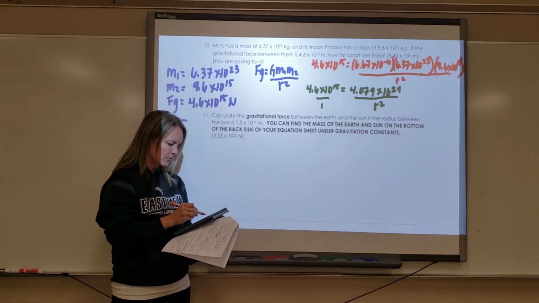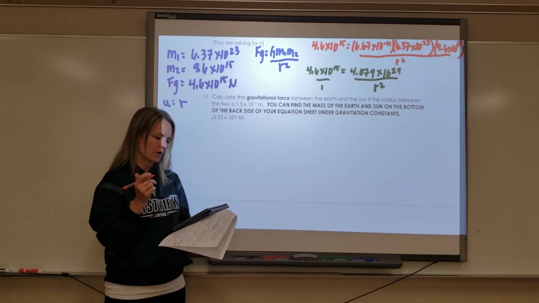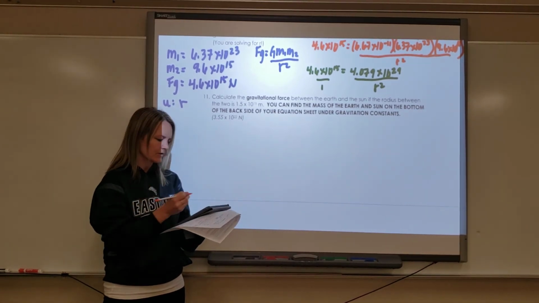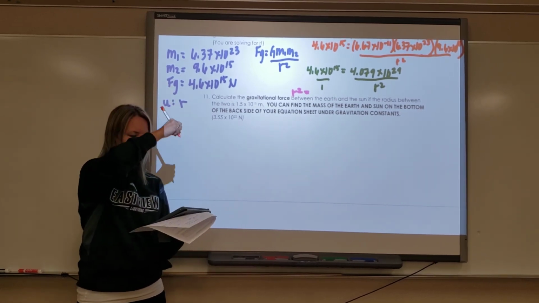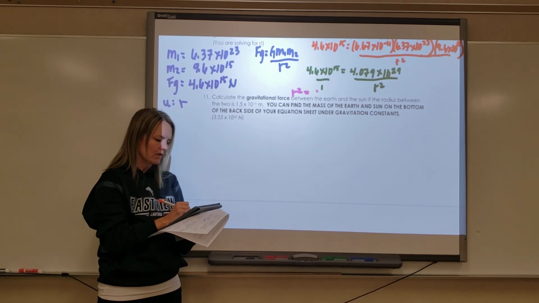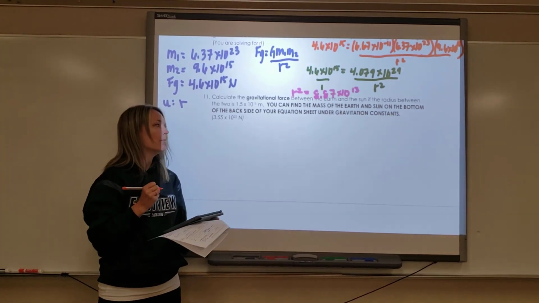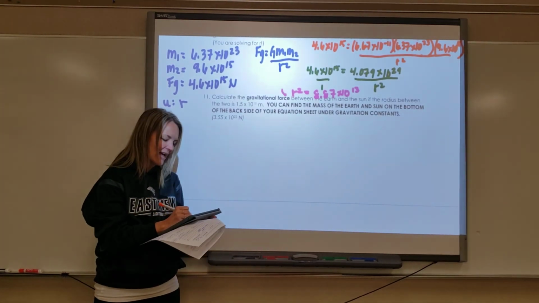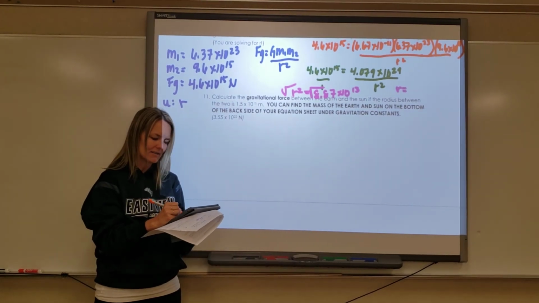I'm running out of room with my marker here. So when I do that, I get R squared when I divide the top number by the 4.6 times 10 to the 15th, I got 8.87 times 10 to the 13th. But that is not R, that is R squared. So my last step, I've got to square root both sides and I get R is equal to, you can write it one of two ways,